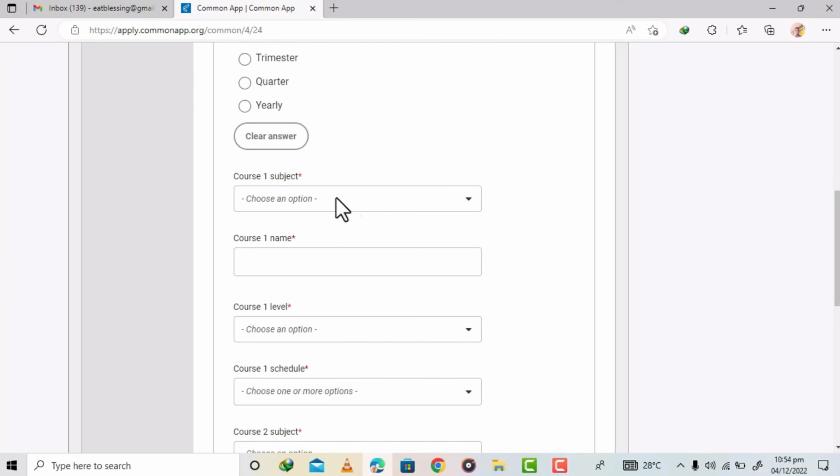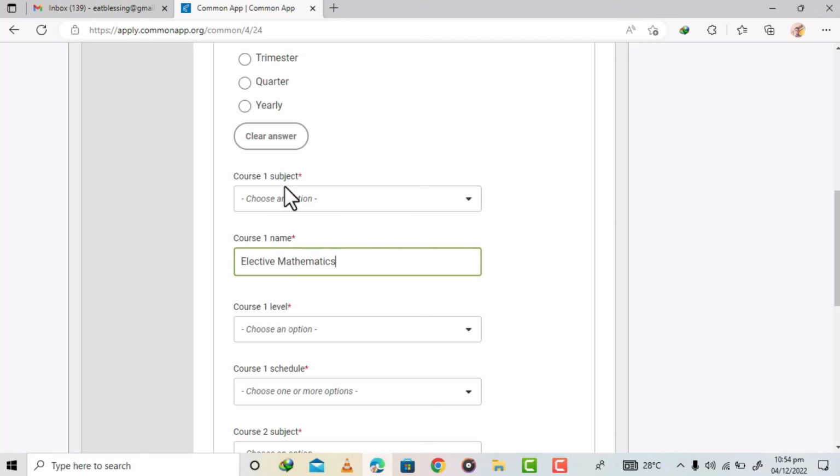So here we have course subject and then a course name. Let's say for a course like mathematics, e-maths, I have my elective courses and I have my core courses. If I chose it, I'm going to type core maths or elective mathematics. So let's say elective mathematics, I'm going to type elective mathematics,